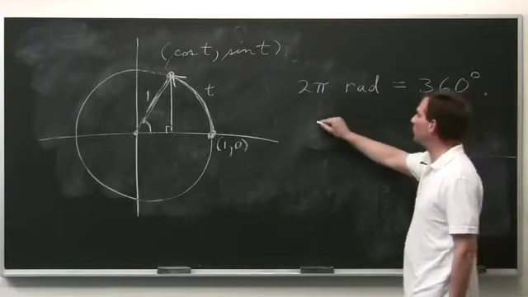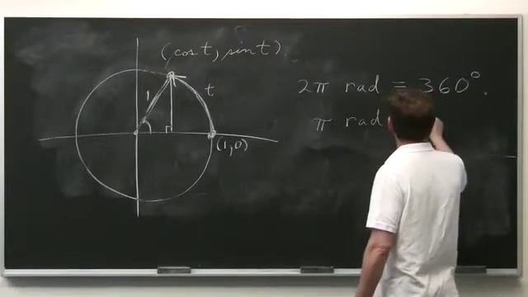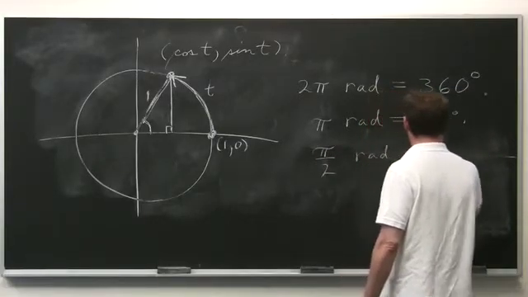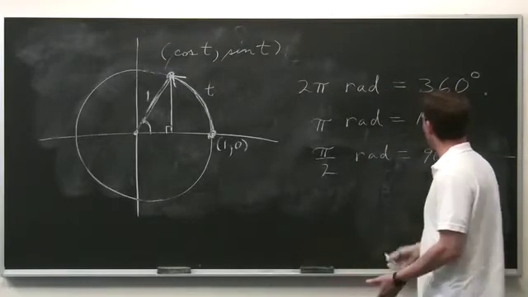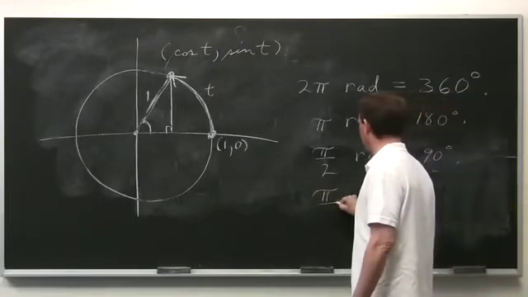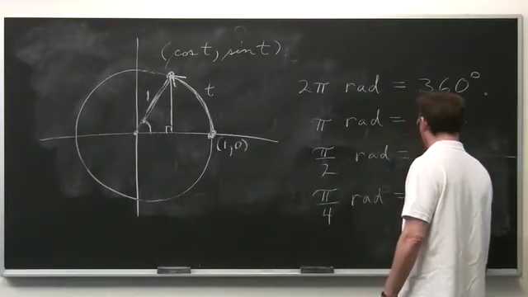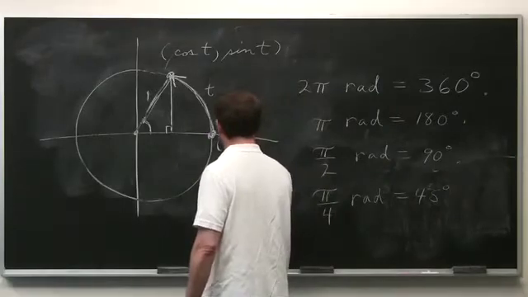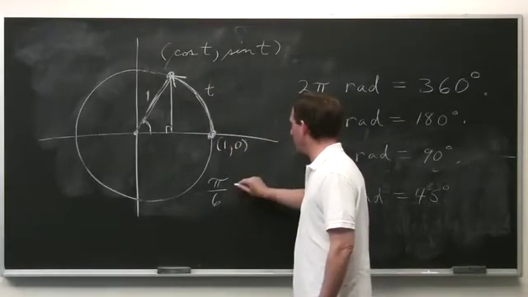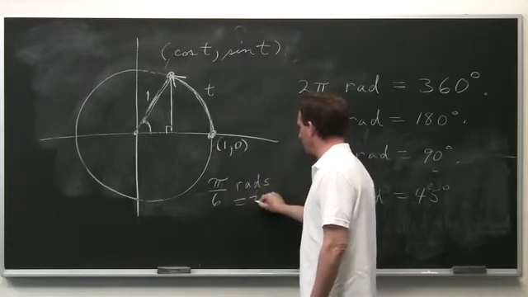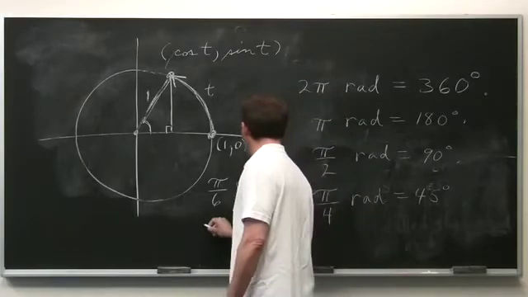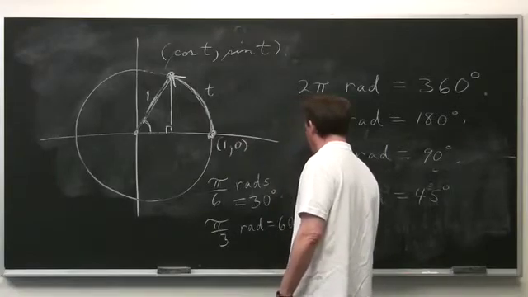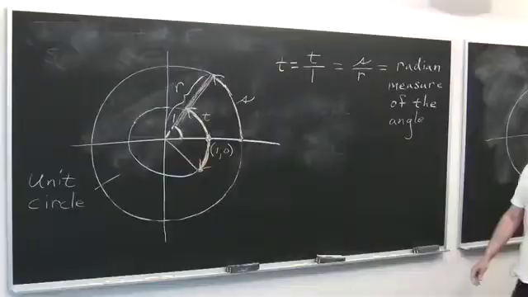So you can divide both sides by 2. Pi radians is 180 degrees. Pi over 2 radians is 90 degrees. If you want 45 degrees, that's pi over 4. And then I guess the other two common ones would be pi over 6 radians, which would be 30 degrees, and pi over 3 radians, which would be 60 degrees. Okay, so with that understanding,